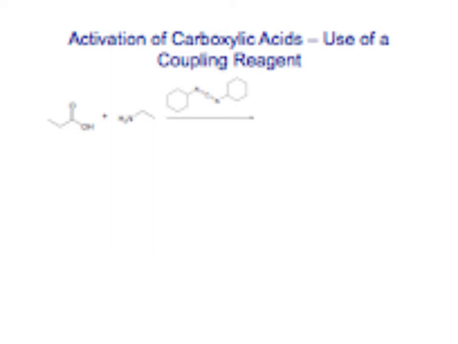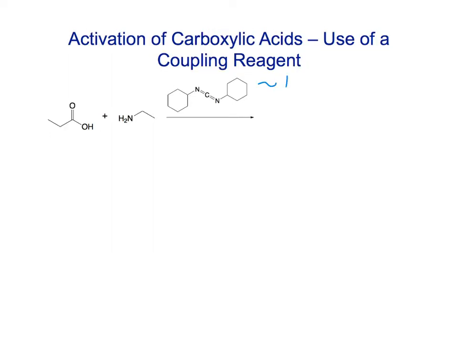They use these a lot to make amide bonds when they're making peptides, so linking amino acids together. One example is this compound here. I had to shrink it down to fit it in because it was too big. We can just refer to it as DCC. It stands for